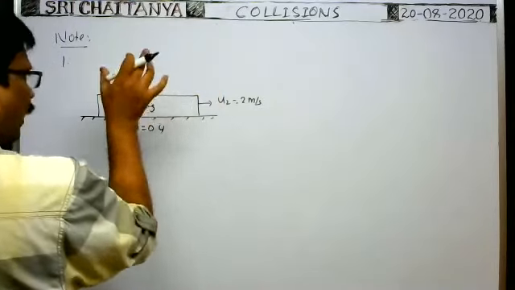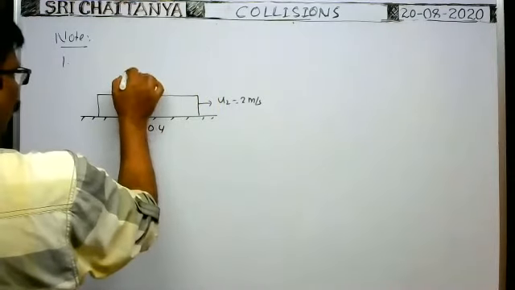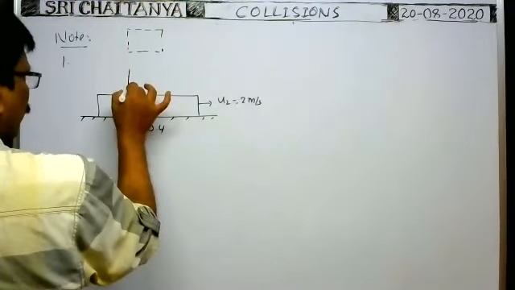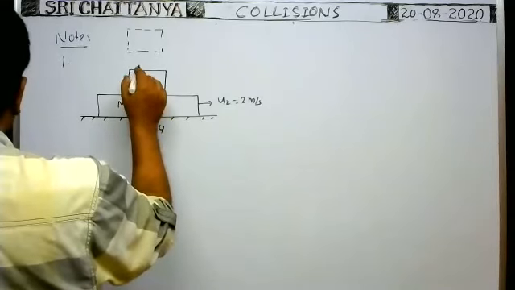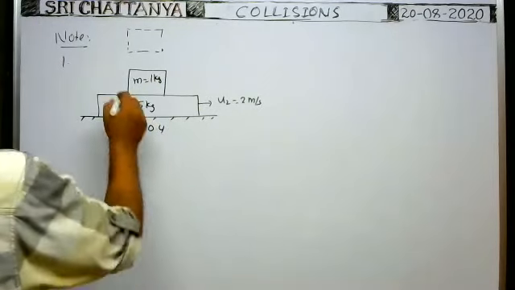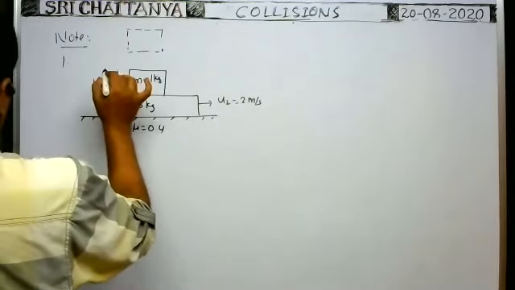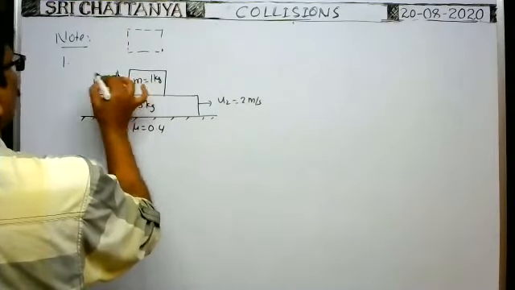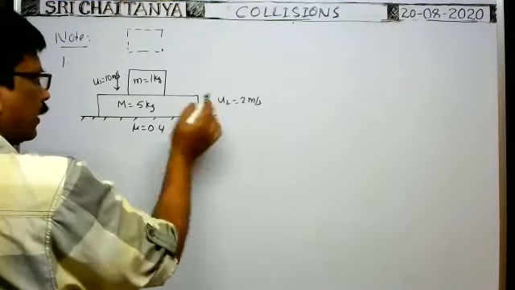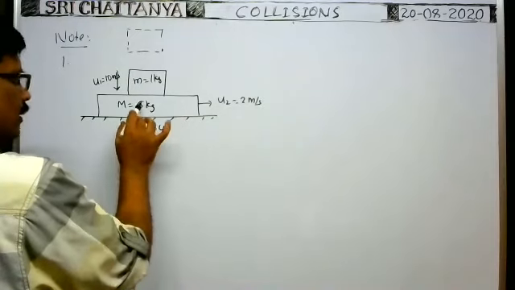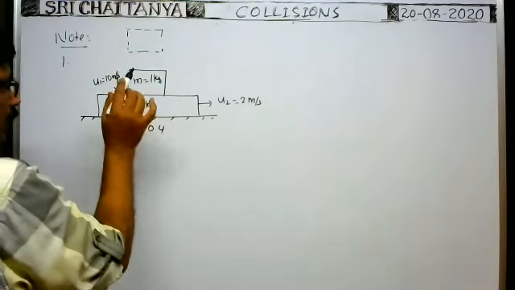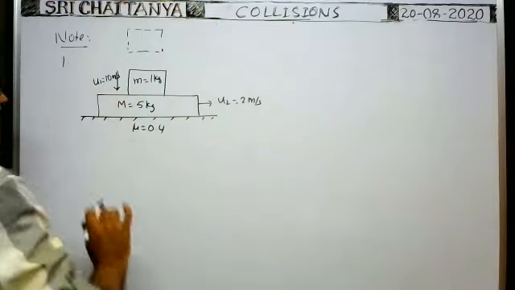At that instant, another block falls on this block. Actually, the block is dropped from a certain height so that it makes collision with the lower block, whose mass is m is equal to 1 kg, with a velocity u1 is equal to 10 meter per second. That means while the lower block of mass 5 kg travels with a velocity 2 meter per second on the rough horizontal surface, at that instant a small block of mass 1 kg makes collision with this large block with a velocity 10 meter per second.